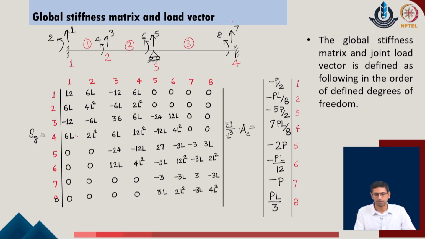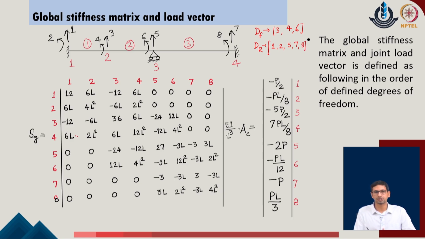So, if I now look at the given system, the degrees of freedom which are free in the given problem happen to be the degrees of freedom 3, 4, then at the position of the given support here we have degree of freedom 6 which is free. Then corresponding to the degrees of freedom which are restrained in the given system, we realize that at joint 1 both the degrees of freedom are restrained, at joint 2 both are free, so they are not included, at joint 3 degree of freedom 5 is restrained, and at joint 4 degrees of freedom 7 and 8 both are restrained in the given problem.